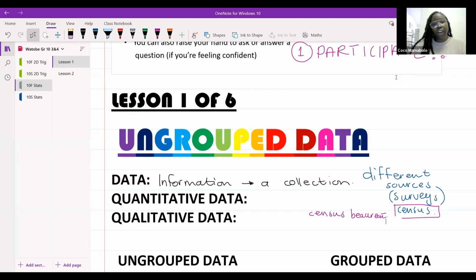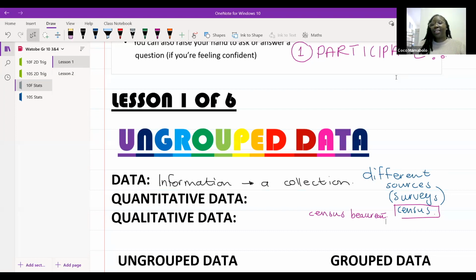How many people over 60 live in your house? And then they will take all of that information into a census and they'll say, this many people live in South Africa, this many people live in Zimbabwe, this many people live in America. They'll group all that data together and say plus minus this many people on the earth. And that's how we get that 8 billion people that we keep talking about. It's an accumulation of all the information that we are seeing.